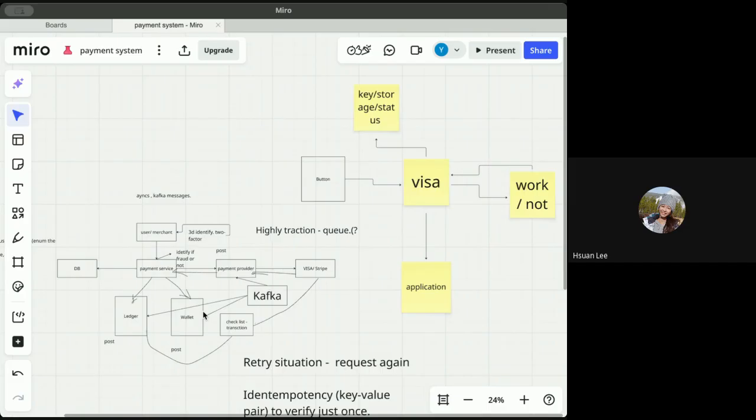好，下一位 Henry。你好，我是 Henry，听得到吗？听得到。我想请问一下面试者，